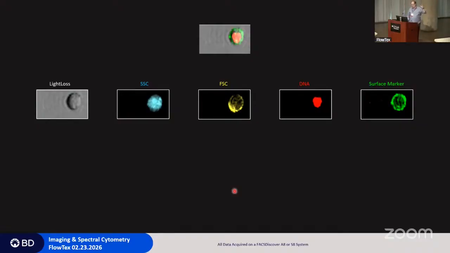Now, the images are fantastic, and they give you a lot of insight into your sample. As you get more familiar with using these, I actually found that it's a lot like a longtime cytometrist and how they can dissect a scatter plot and tell you exactly where your unlysed red blood cells are and where your clumps are and where your debris is, and they can tell how good your sample prep was as soon as they see that scatter plot. And it's the same with the images. As you get more and more used to looking at them, you can see the